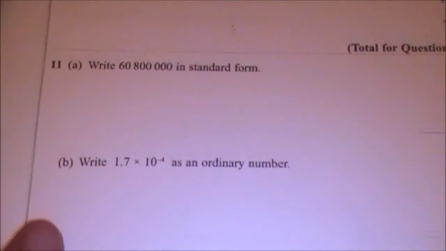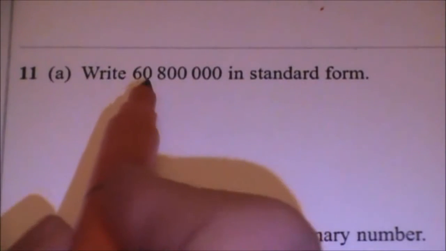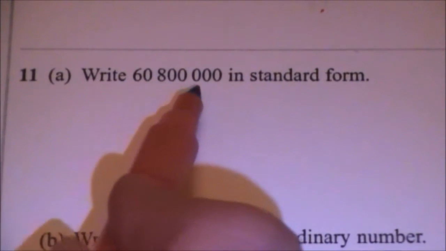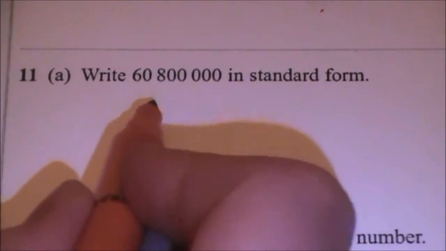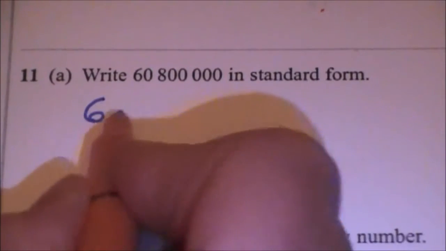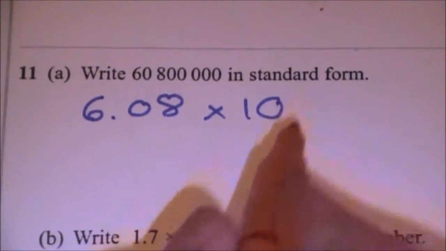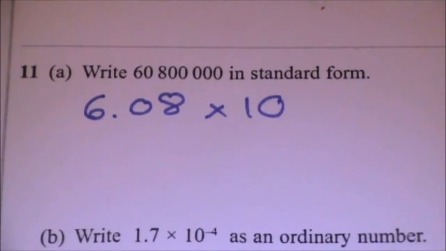Question 11's standard form, straightforward standard form question. They want us to write 60,800,000 in standard form. The standard form needs to be a number between 1 and 10. So that's going to be 6.08 for me, times by 10 to the power of however many decimal places you would need to get back to your original